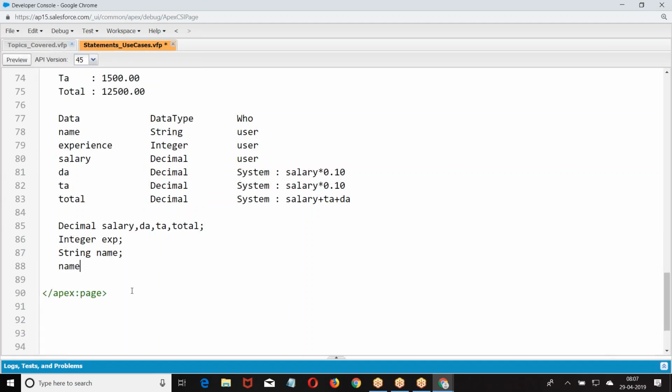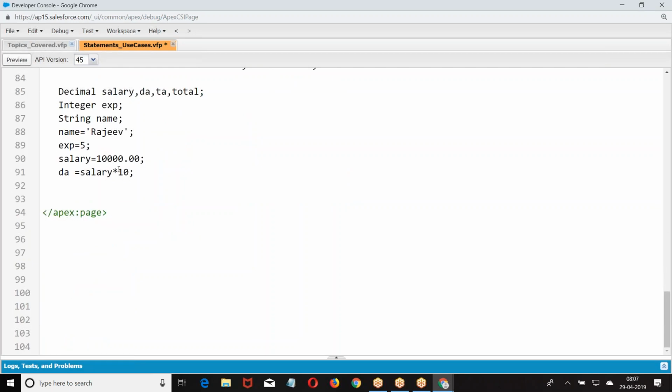Then we said name equal to, salary equal to, then DA equal to salary into. DA is, I guess, I gave 15%, right?